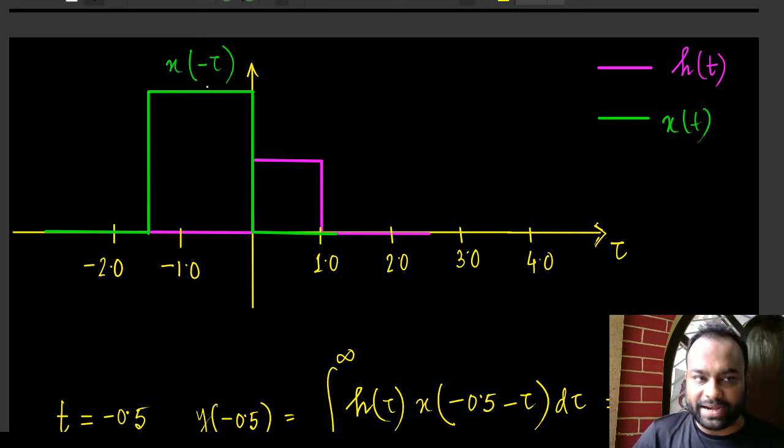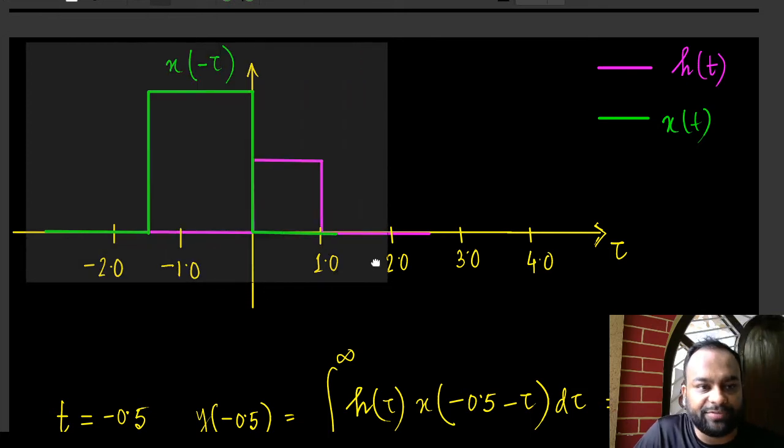So we already have x of minus tau. We already have taken care of the minus sign with tau. So I have to do a shift. Would it be a left shift or right shift? I want to represent x of minus 0.5 minus tau. So I need to take the green signal, and what do I need to do to this? Do I need to do a left shift or a right shift, and how much amount? Please someone tell me, then I will do it. Someone says shift right. Okay. Do I need to do a shift right?